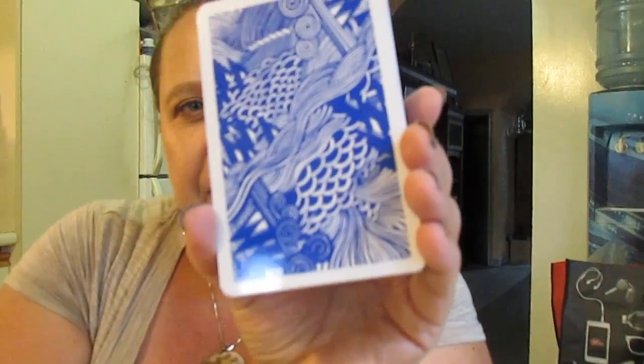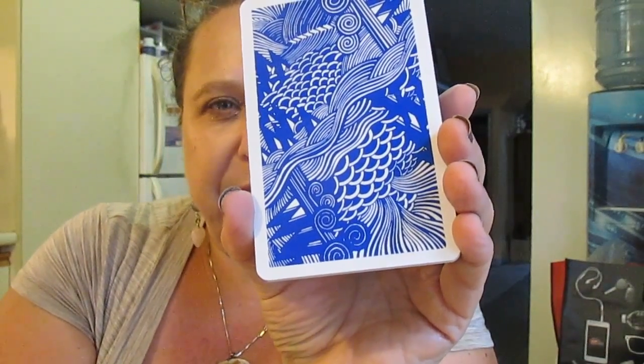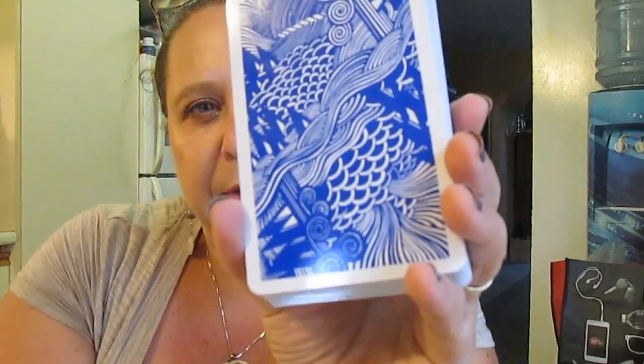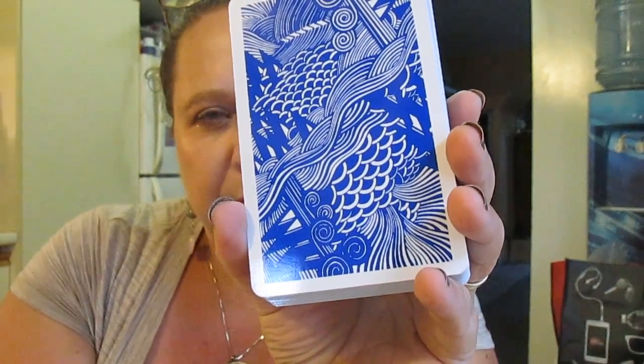Here's the backing of the cards, which at first I thought was very busy and just kind of all over the place. But now that I look at it, I really like it. I think it's really beautiful. This guy is an amazing artist. I'm just going to show you